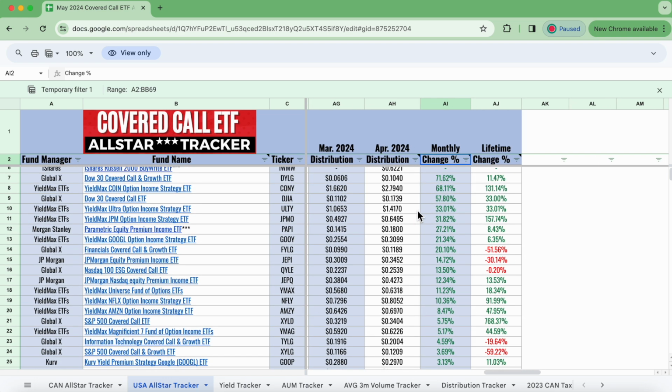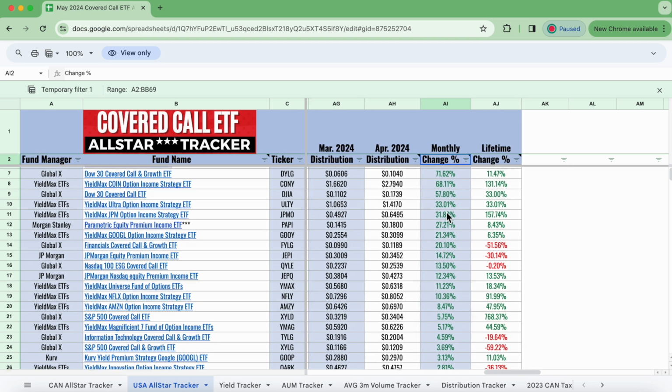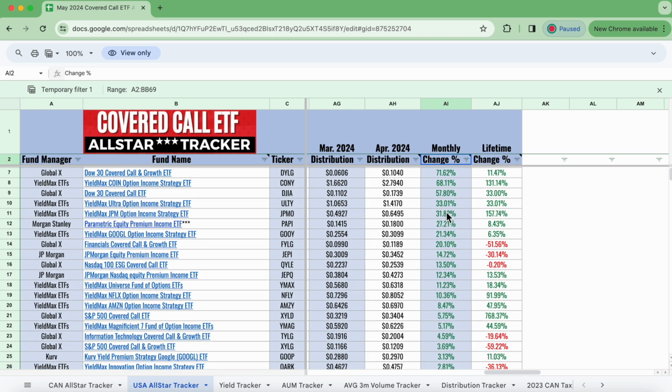They bounce all over the place. Unfortunately, that's one of the biggest differences between the Canadian market and the American market when it comes to CoveredCall ETFs, is that the American stuff bounces around a lot. So it makes it a little bit more tricky to really talk about these. These look amazing, and honestly, they would be so much more amazing if the funds were stable, and then we see these massive jumps in